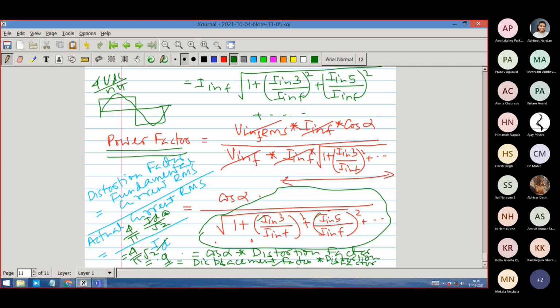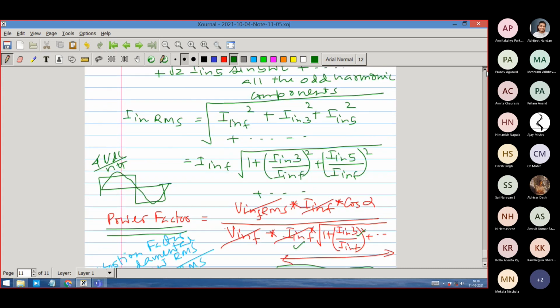But the original old definition of power is the average real power obtained through integration divided by VRMS. VRMS here will be V fundamental RMS, but even if it is not so, the definition will not change. VRMS into the RMS value of the current. So here in this specific thyristor converter case, this RMS component has not only the fundamental component inside, but third, fifth, and all other components inside. So this is the RMS value of the current.